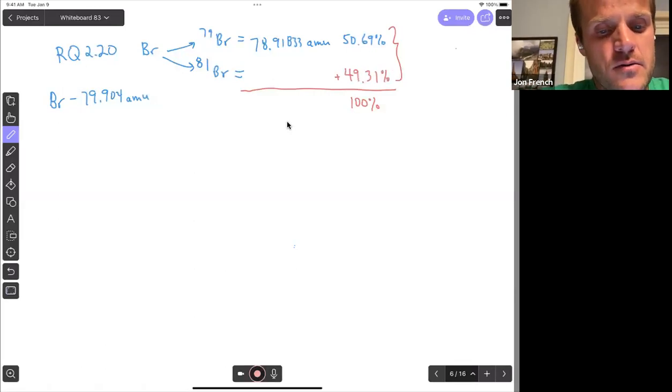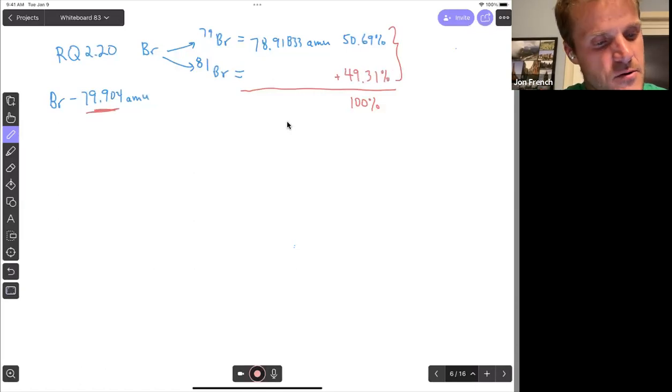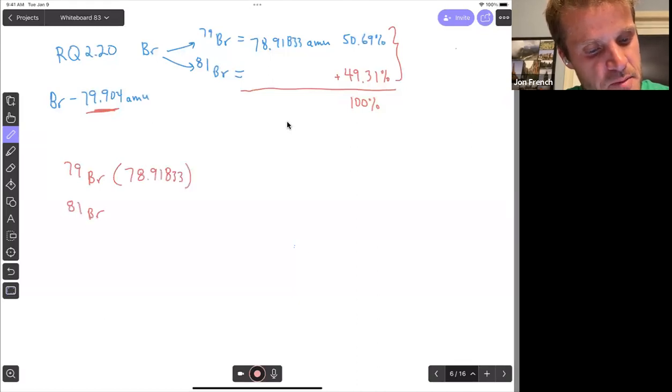Now, the other thing we know is that when we add the weighted average from the first isotope and the weighted average of the second isotope together, they should equal the weight we see in the periodic table, 79.904. So I'm going to set this up like the problems we did in class. I've got bromine 79 and bromine 81. Bromine 79 is 78.91833. We're going to multiply that by its abundance as a decimal, so times 0.5069. And then the other one, we don't know that mass yet. That's our unknown, but we know its abundance is